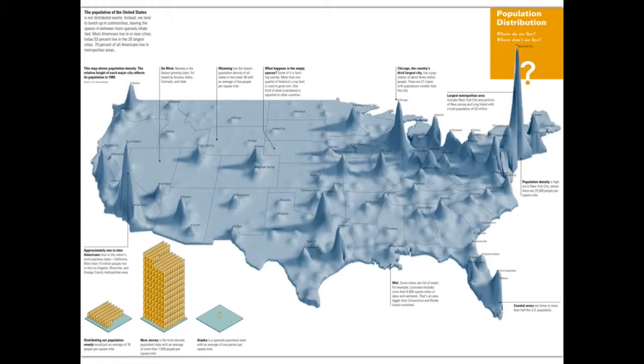23,000 people per square mile in New York City. That's right on the coast. Down a little bit is probably Philly. Down a little bit more is probably Washington, D.C. Up here is Boston. All right, you've got Miami down here. Over here you have Los Angeles and San Francisco, and you have Seattle up here. So a lot of these spikes are near water. So a large part of our population, even down here in the Gulf, you have, I think that's Houston right there, a large part of our population is right next to water, and so they're right in harm's way when it comes to hurricanes.